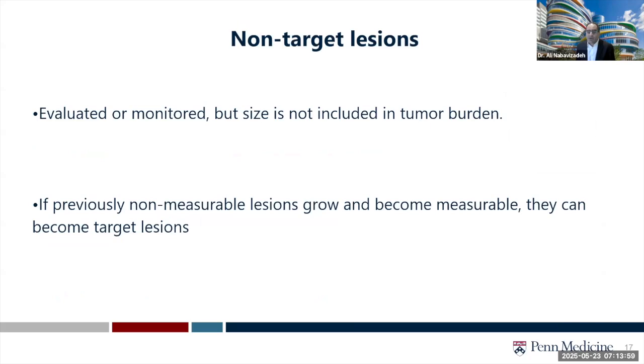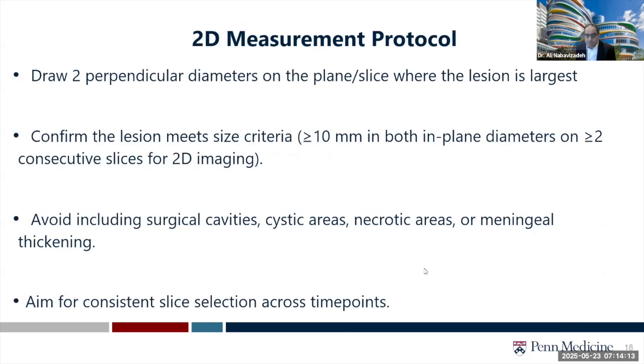So non-target lesions, they're not monitored, but qualitatively they'll be recorded, and if they grow and become measurable, then they could be included in the target lesion measurements. For 2D measurement, you need to draw 2 perpendicular diameters on the plane or slice where the lesion is the largest. And if you have 2D imaging, we need to confirm that it is seen on 2 consecutive slices. Again, we need to avoid including surgical cavities, cystic areas, necrotic areas, or meningeal thickening. And because we're measuring multiple time points, we need to be